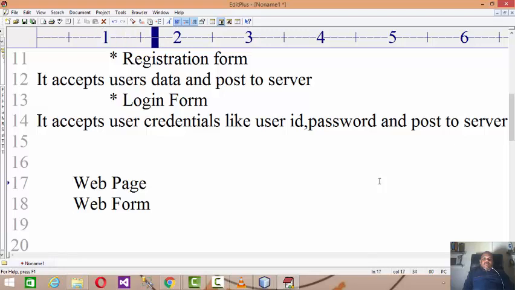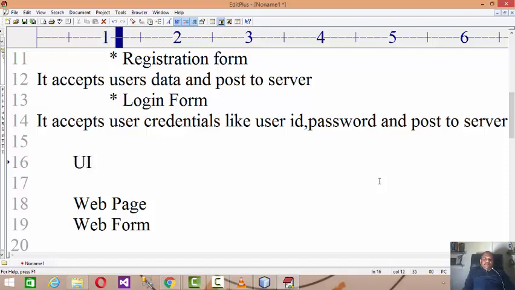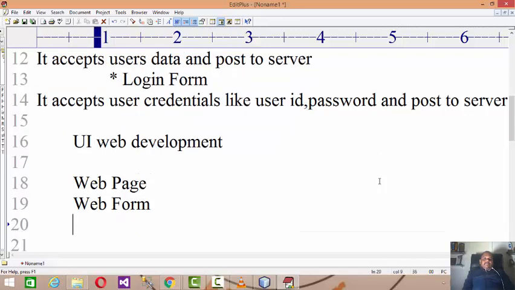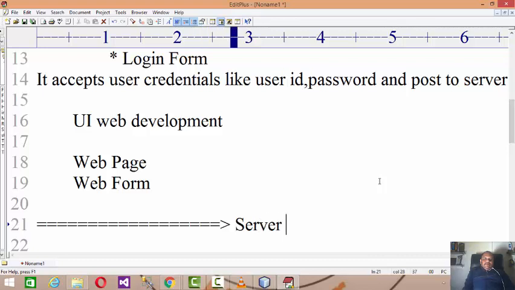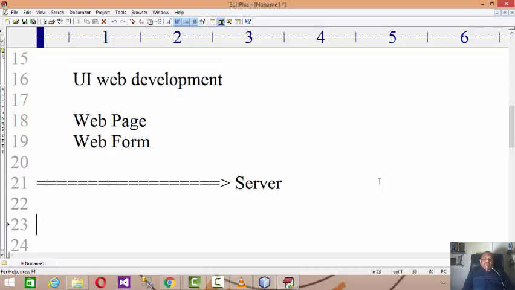And then with the help of these two things, we'll be constructing a UI required for web development, right? And then the web form posts this data to the server, right? And the server has that JSP page.